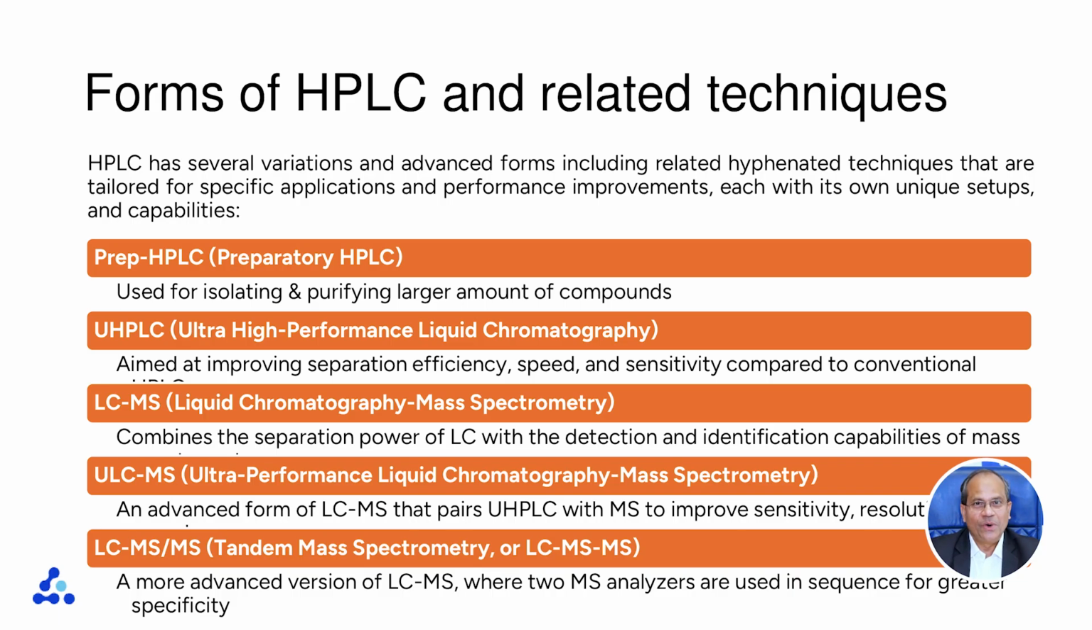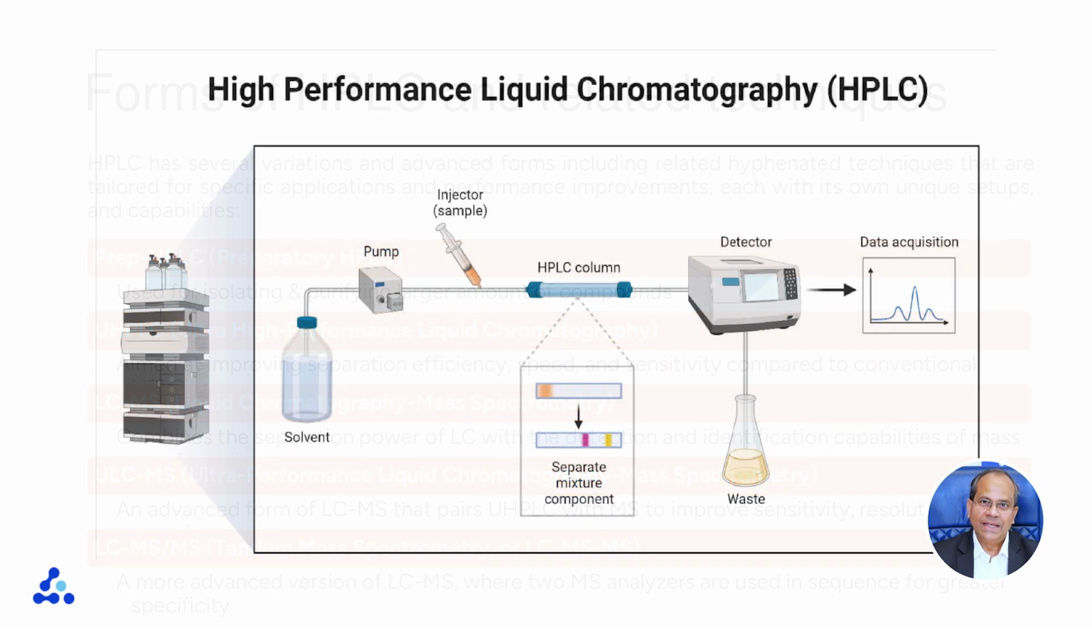Next is ultra liquid chromatography mass spectrometry, which is an advanced form of LCMS that pairs UHPLC with MS to improve resolution, speed and sensitivity. The last one is LCMS-MS, which is an advanced form of LCMS, where two MS analyzers are used in sequence for greater specificity. If we see the schematic diagram of HPLC instrumentation, whatever be the variations, the most important component